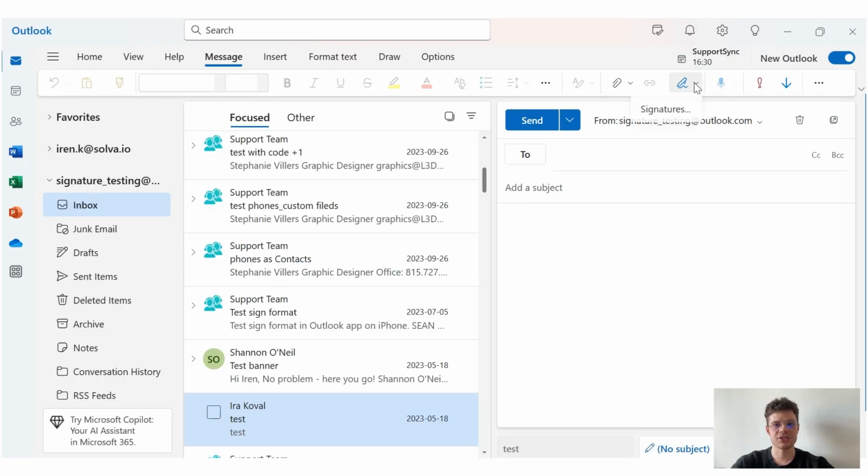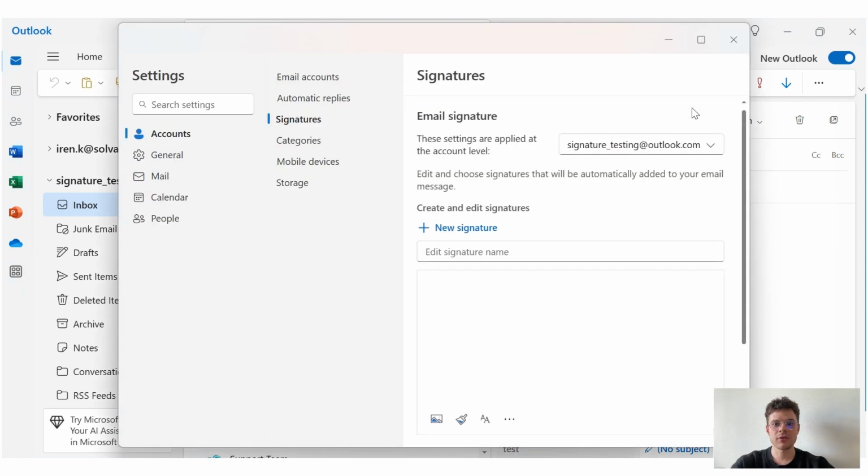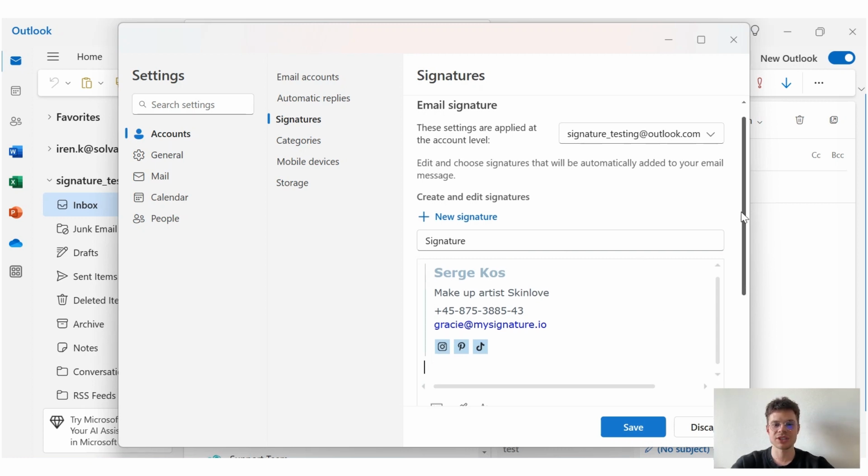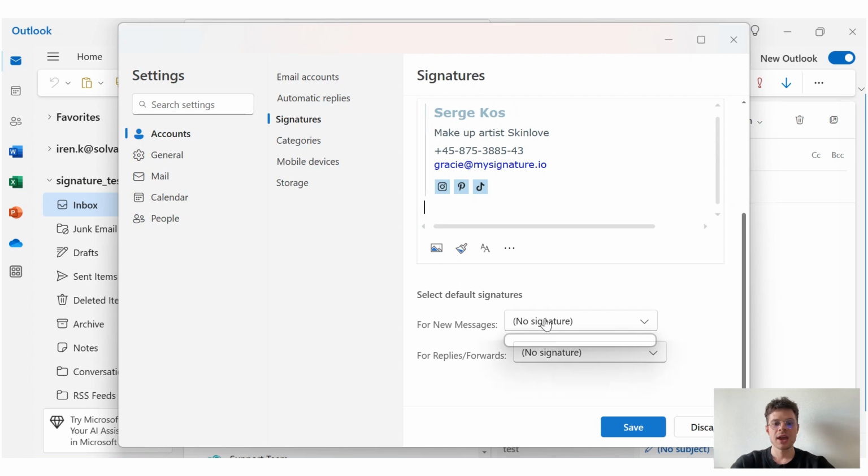to save those changes. When you're working with the new version of Outlook, there is the same icon on the top right to create a new signature, and here it is the same process. We are making sure we're working with the relevant account. We are naming the new signature, and here we just need to paste the signature that we are working with. Once we are done, we just click save and make sure that all the settings that are there meet our